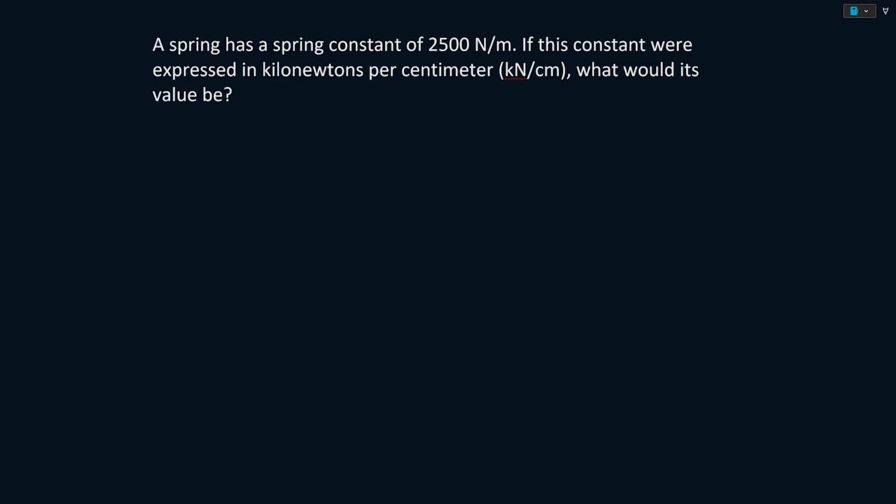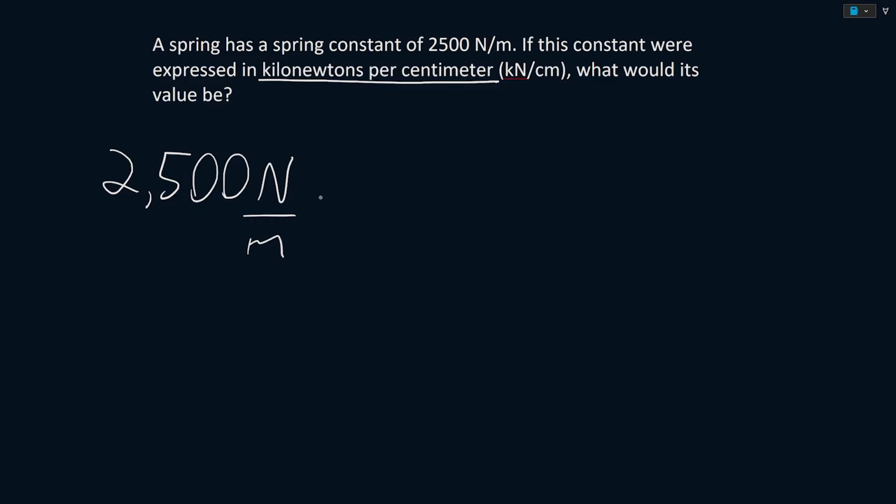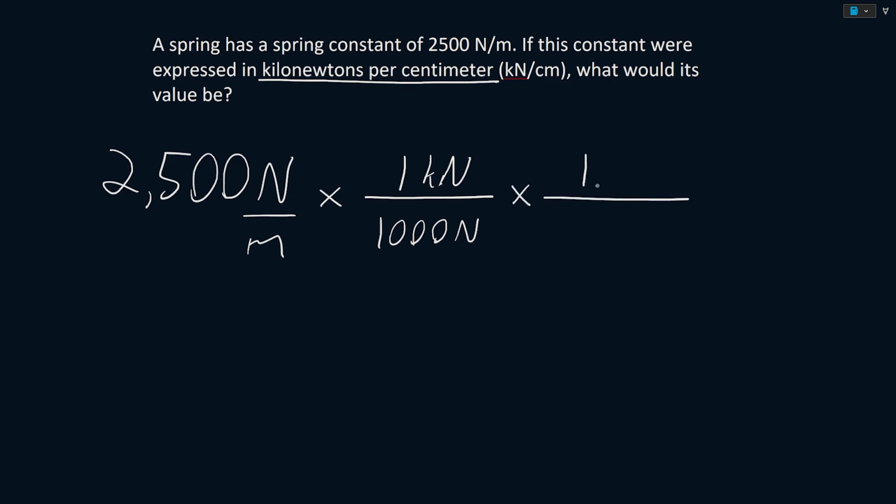A spring has a spring constant of 2,500 newtons per meter. If this constant were expressed in kilonewtons per centimeter, what would its value be? We were given 2,500 newtons per meter, and we want to convert this to kilonewtons per centimeter. First, we can convert the newtons to kilonewtons by multiplying by our conversion factor of 1 kilonewton is equivalent to 1,000 newtons. Then we can convert the meters to centimeters by multiplying by our conversion factor of 1 meter is